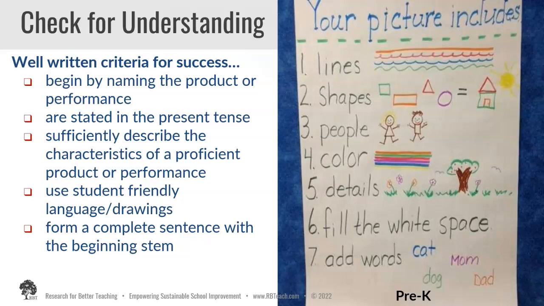drawing is what they need to draw. And then, what do I fill the white space with? And am I adding words? Am I writing sentences? What does that look like? What words am I adding? So it's not the best, but some say it fits it, some say it doesn't. I defer to this one not meeting it, and it's simply because you shouldn't be numbering these. Kids, there's no order to how to do this.